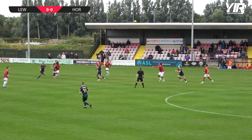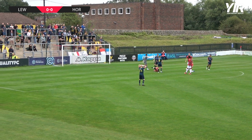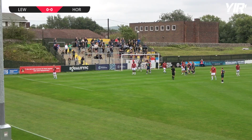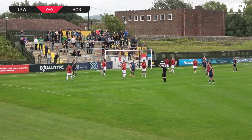It looked like the Alex Mallon's derby this game, and here comes Horsham trying to strike first in this game, and it's high and wide from Fenelon. Lewes almost stopped playing because they thought there was a foul in the build-up. Richards, the number 11, on his left foot, whips it in, and it's gone all the way through, and it was Day